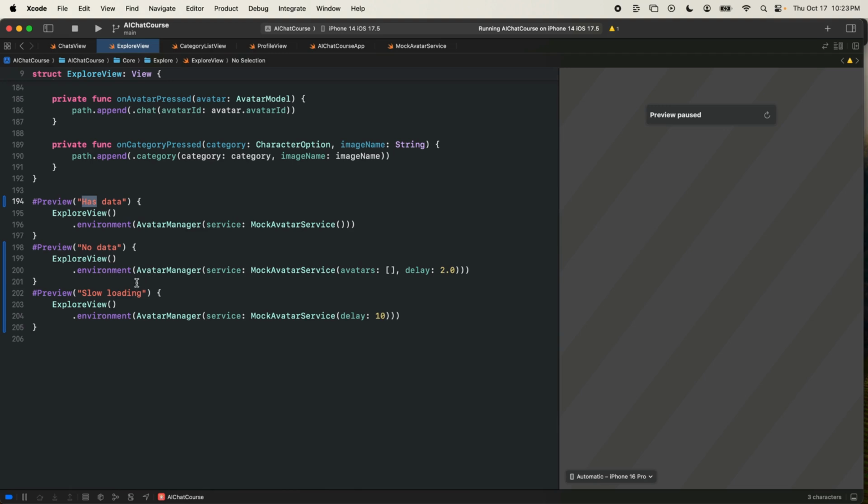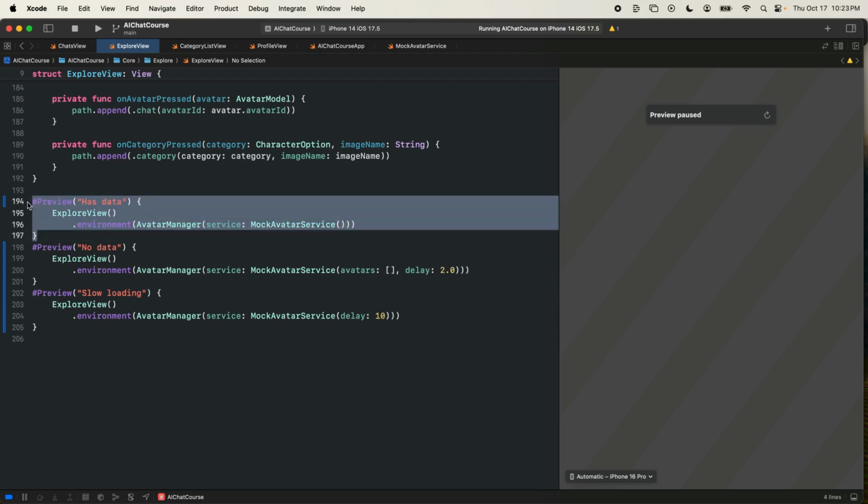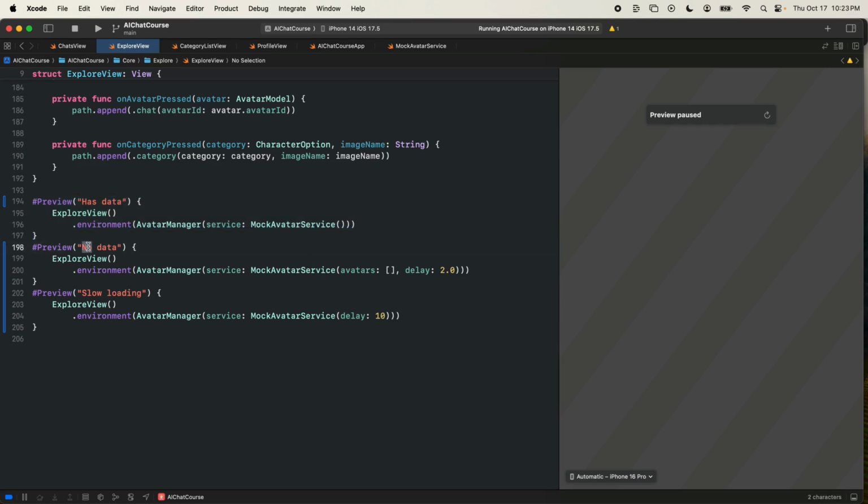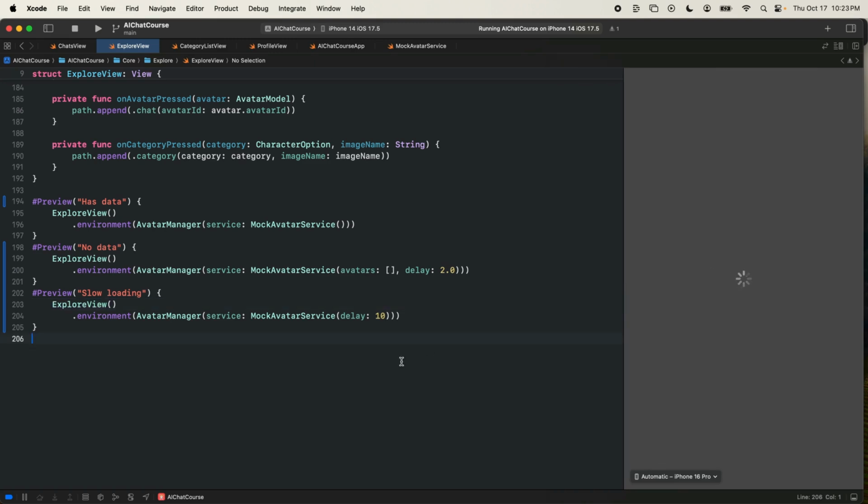QA being quality assurance. So what happens usually in your app is you go and you build it. You're building this version where you know there's going to be data. You build that, and then you send it to quality assurance, the QA team. And they check it with no internet. They check it with bad data. And then they come back with, oh, there's a problem with the loading indicator. And that's usually because the developer is struggling to find all these edge cases and actually get previews of all of those environments. So now, very easily, we can customize our previews,